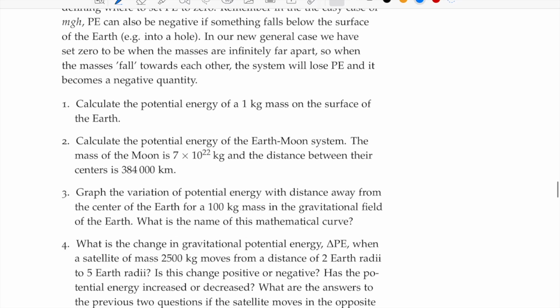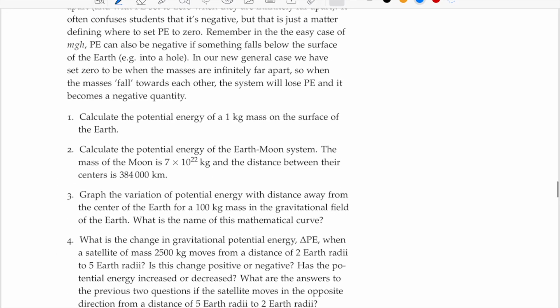First one, calculate the potential energy of a 1 kg mass on the surface of the Earth. So this is just a direct application of our new formula. We basically need to plug in all the numbers. G, which you should know by heart by now. Mass of the Earth, you really also should know that by heart, but okay, you're not required to. 1 kg, and then the radius of the Earth,